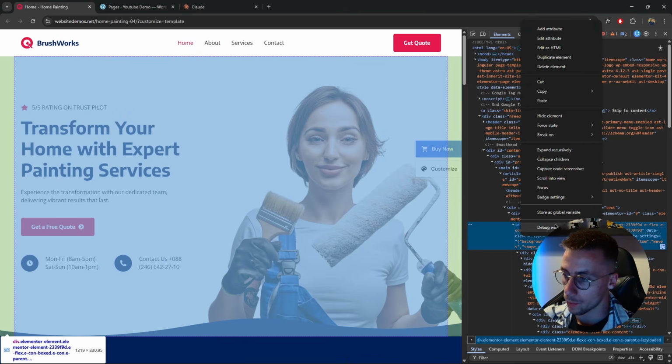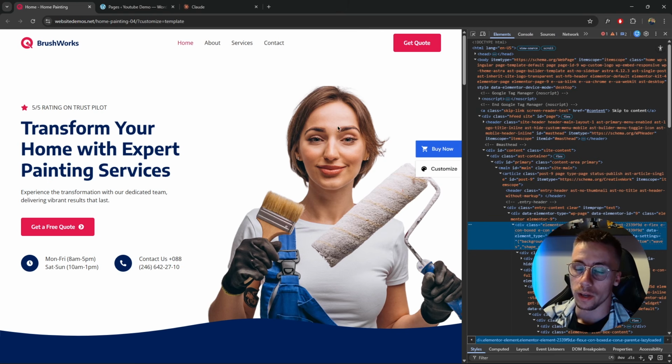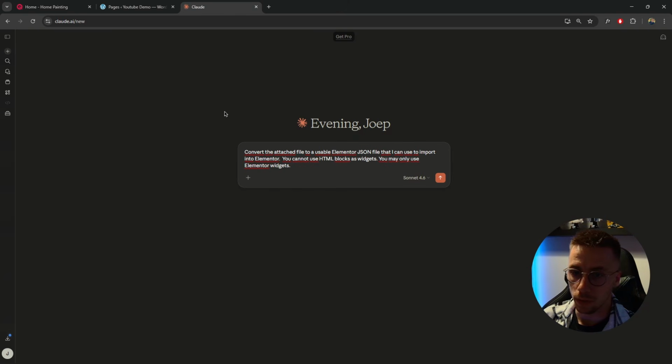So you do copy element. If you copy something else, it will not work. So you cannot do the outer HTML. You cannot do a path. You really do have to do the copy element. So then once you have copied your section, you are going to go to Claude and you're going to tell